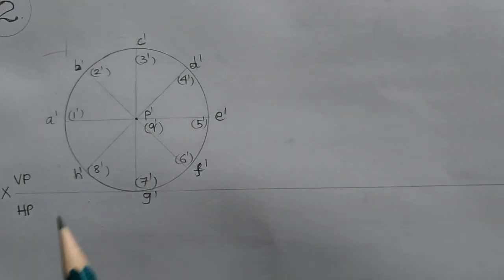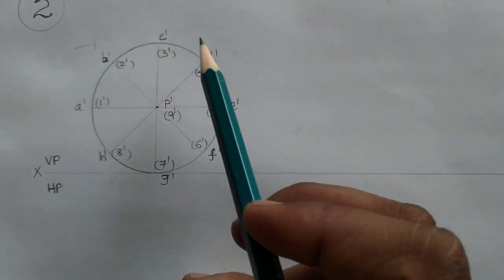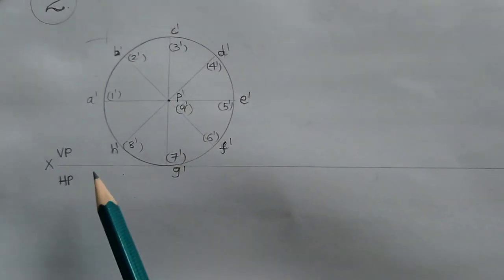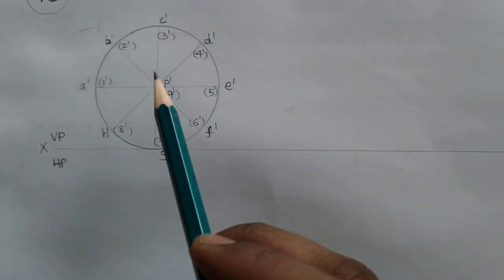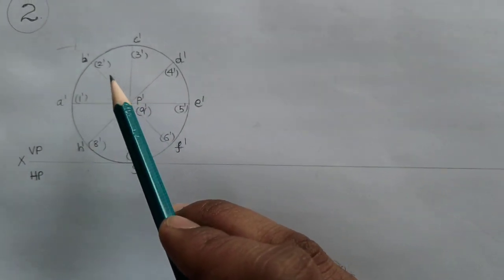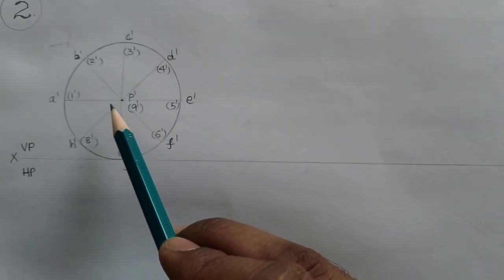So after the divisions have been completed, next we can give the naming. Front surface naming letters A, B, C, D, E, F, G, H. The front surface is visible, so we can give all the letters outside the braces. And back surface naming numbers. All numbers are invisible because the back surface is invisible in the front view.